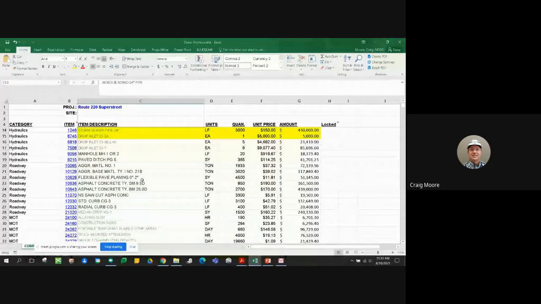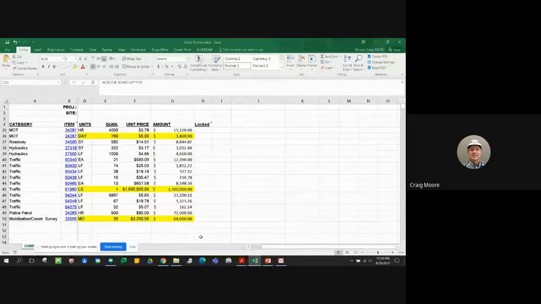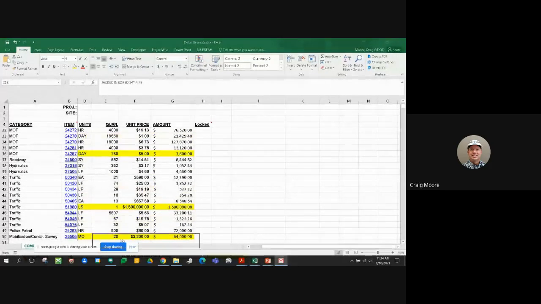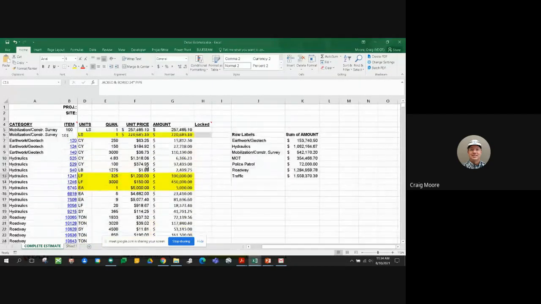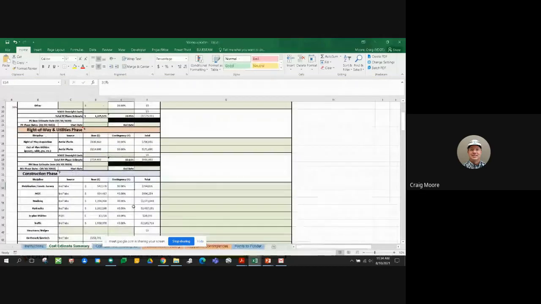Also, Alex Price had pointed out in developing the different estimates, we have to get that over to our workbook. So one of the things the estimators did in developing this estimate was assign a category to the different items that they had, such that when they were pulling this together, they could use this to populate the workbook more easily, and that's what we have up here. So this information here is what was then copied over to the workbook, and then from there our contingencies applied to it. So if we go to our workbook,